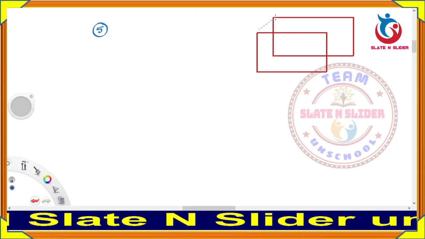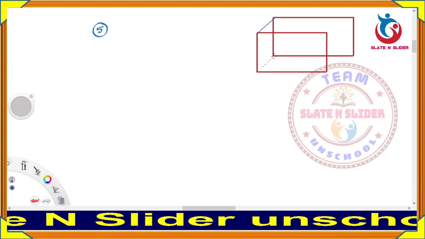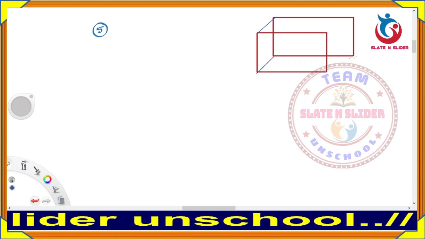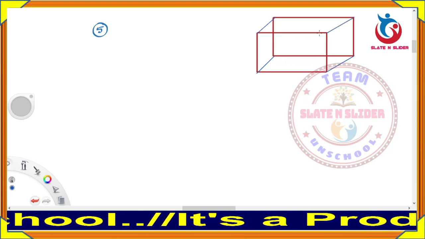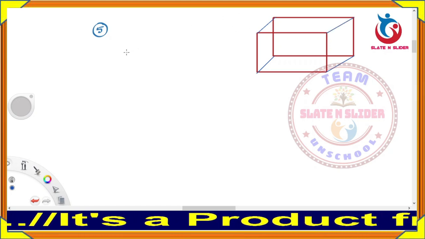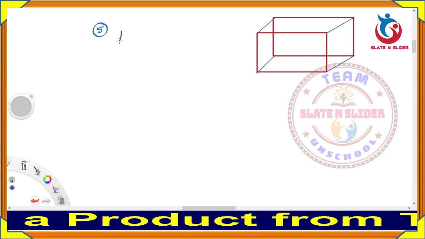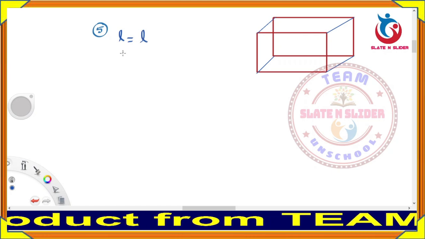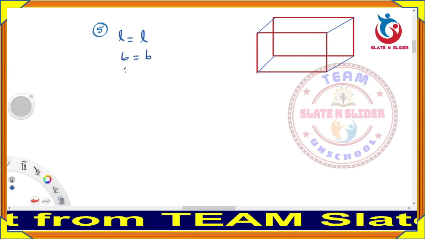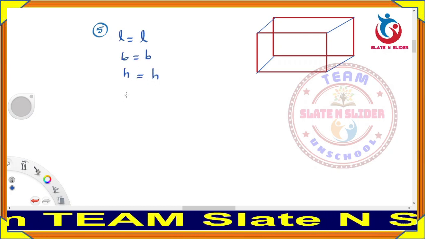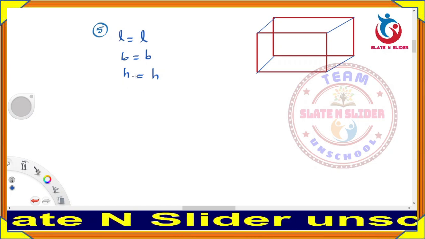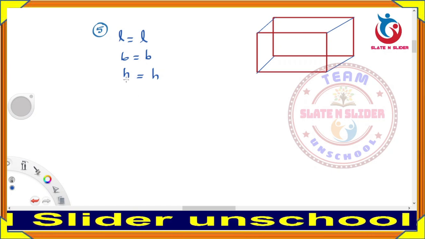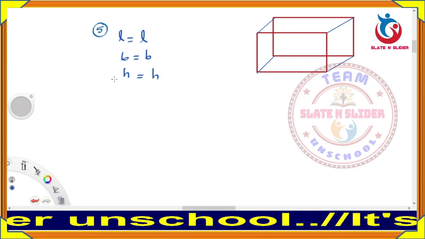Just join the corresponding vertices. So, it will be looking like the 3D figure, and suppose the length is L, breadth is B, height is H, then we should find out the total surface area here, because here the length, breadth and height are not changed, only in the beginning itself we are finding the